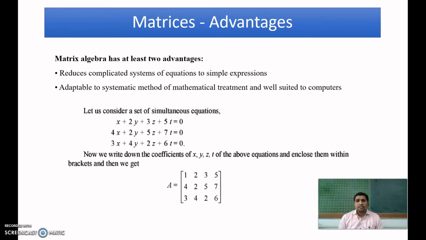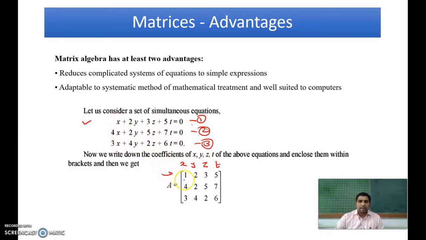Now we will see how we can write down a general example in terms of matrices. Suppose this is my equation number 1. It has 4 coordinates x, y, z and t. Same with equation number 2 and same with equation number 3. So I arrange these equations in terms of matrices. You can see here all the rows describe the axis x, y, z and t of the first equation.